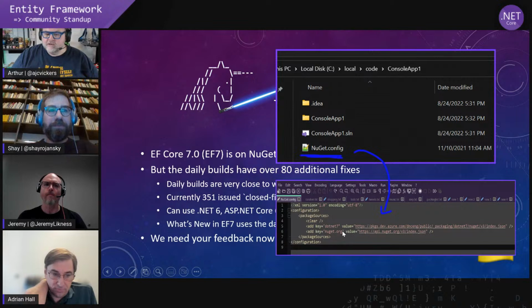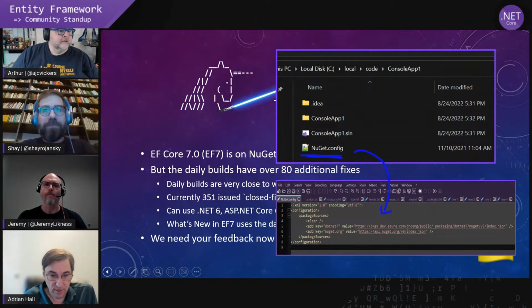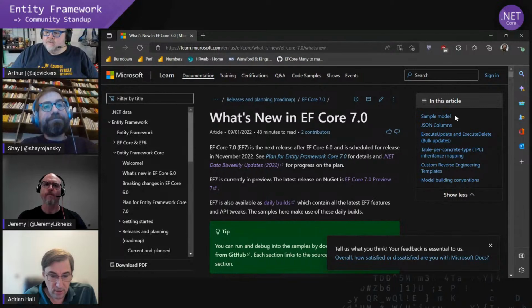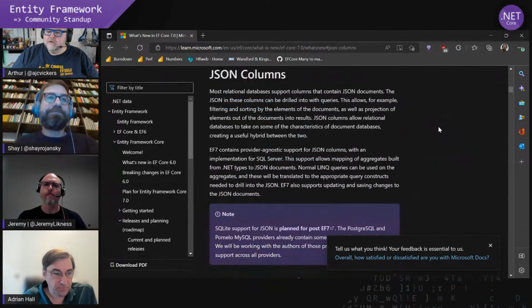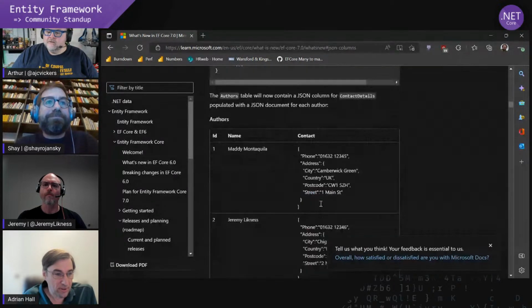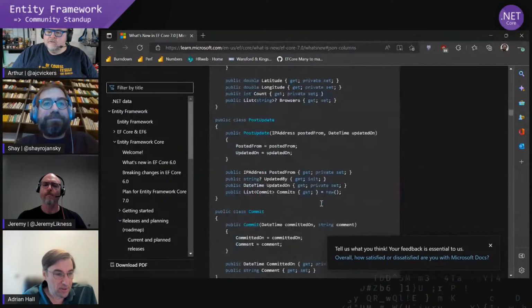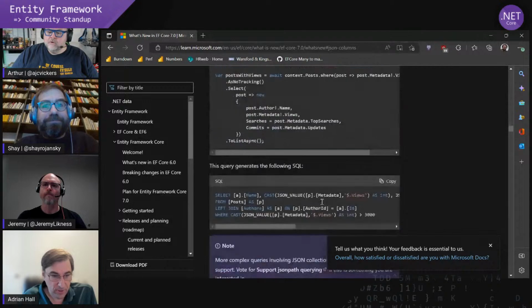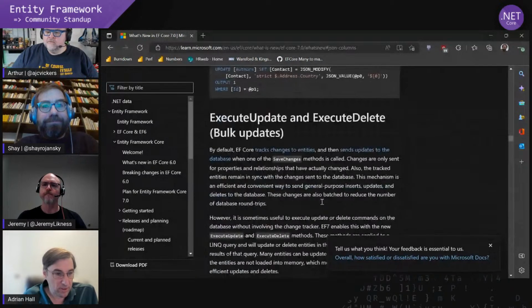And all of that is, like I said, in the doc, so it's super easy to do. And if you want things to try out, then we have this What's New in EF Core 7.0, and we're adding to this all the time, but it's currently got JSON columns. And there's quite a lot of details in this, about things you can do, what they mean, how they work. So queries, we've got updates, we've got all of that stuff in there.